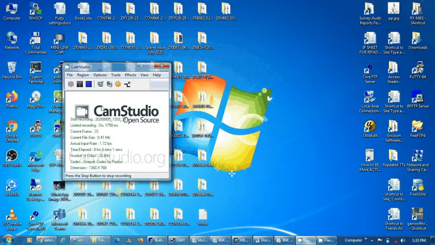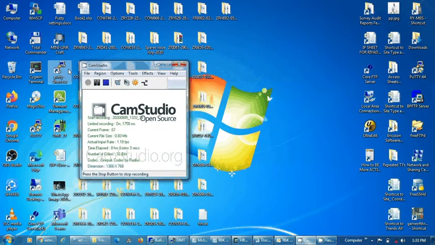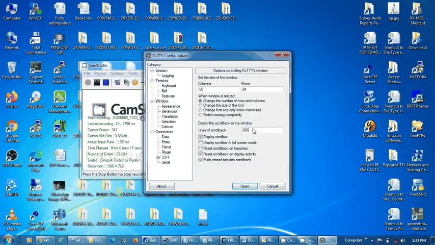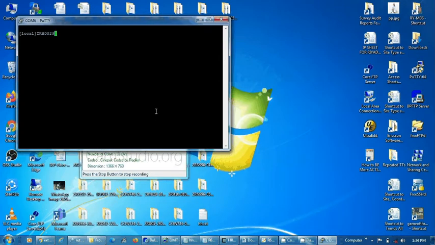Hi, good day. Today we will see how to upgrade the software of a router in which there is TDM connected. So we start by connecting with the router. Our port speed is 115200 and my serial COM port number is 6. I will put 20,000 to have maximum lines of output.